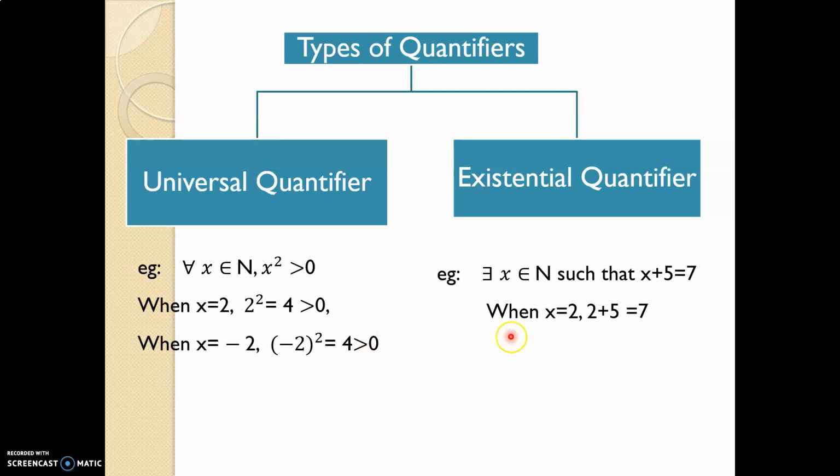Existential quantifier example is here. There exists x belongs to N such that x plus 5 equal to 7. So in the statement we applied x belongs to N, x plus 5 equal to 7. There exists is the existential quantifier. When we apply the existential quantifier, you have to put the words such that inside it. So there exists x belongs to N such that x plus 5 equal to 7. That means at least one natural number satisfies this condition. 2 plus 5 equal to 7. For all the remaining values, it is not true. But for at least one value, that is x equal to 2, it is correct. That is why the existential quantifier is easy.